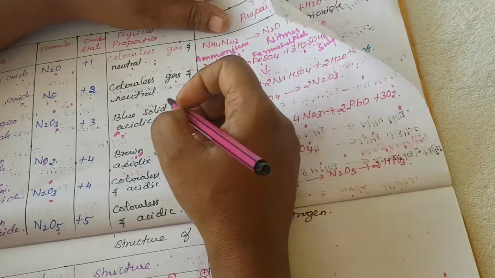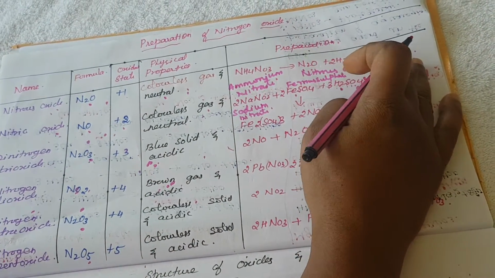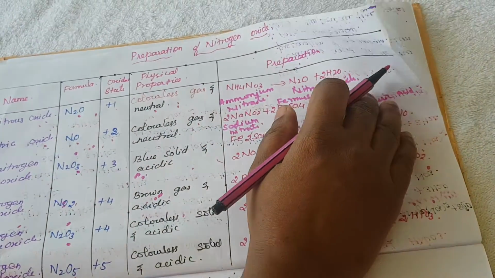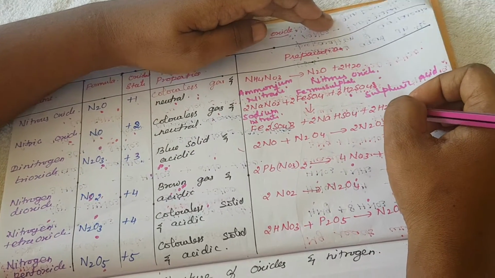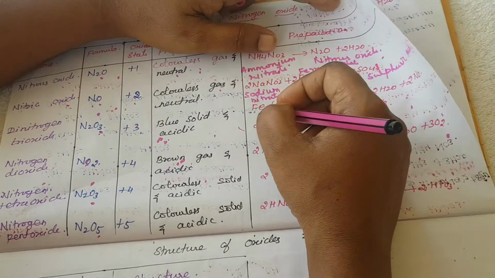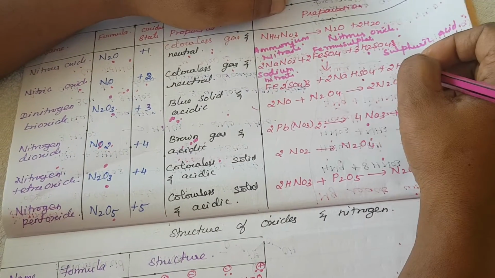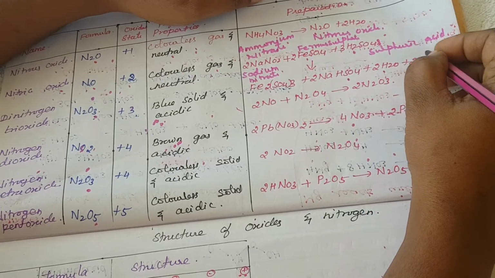So another one, these three together form ferrous sulfate, sodium bisulfate, H2O and nitric oxide. Ferrous sulfate Fe2(SO4)3, sodium bisulfate and 2H2O, nitric oxide. We want only the nitric oxide.